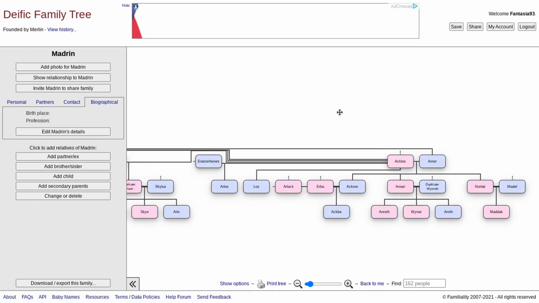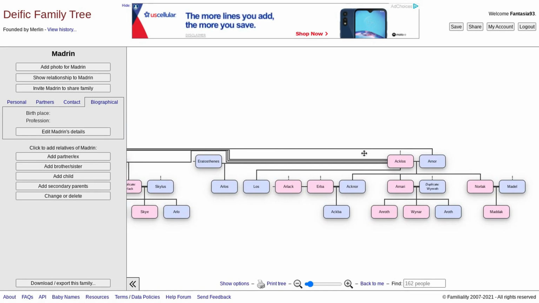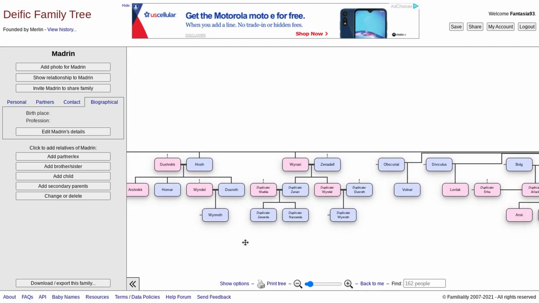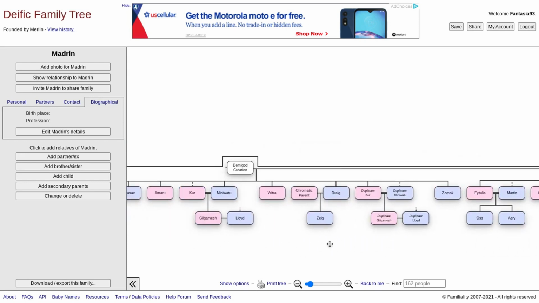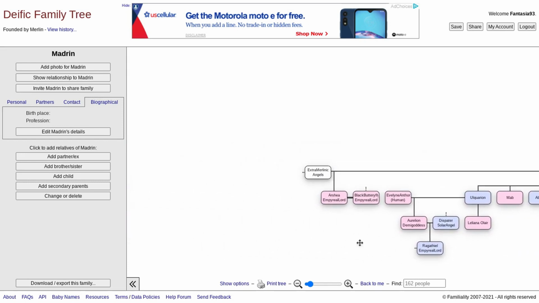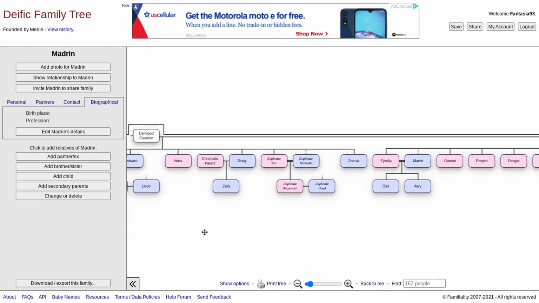So when I go on here, if I forget where one of the 162 people in my pantheon fall, I can go to this family tree that I've created, and I can see exactly where they're at in the family tree. And most of the time it just comes back to me, but also, like I said, I have a text document that details every single one of these. You call me extra if you want, but